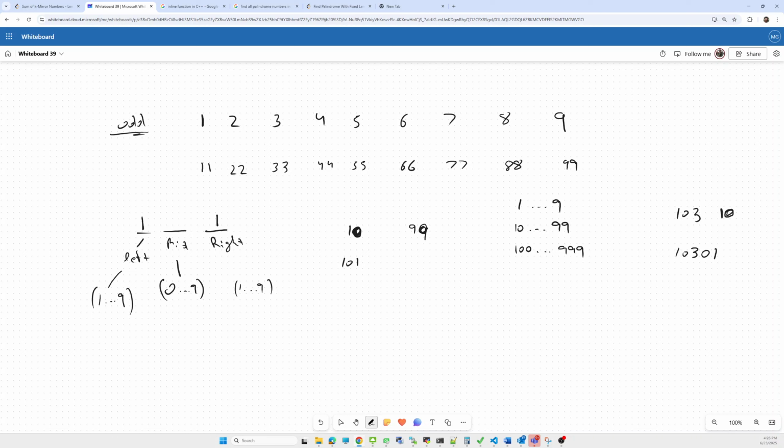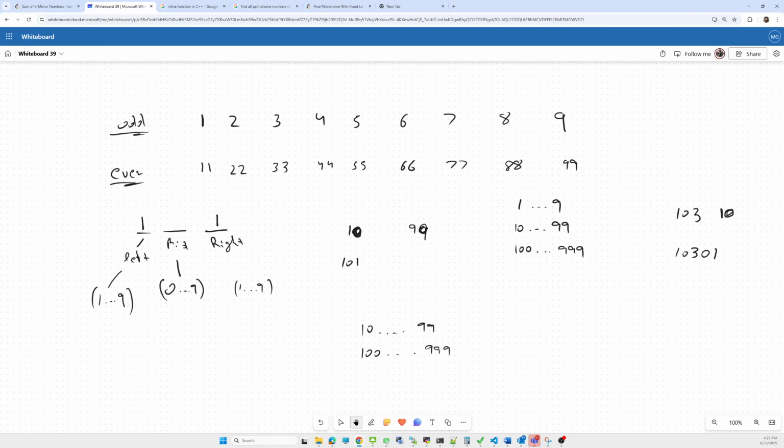Similarly for even size, this will be 11, 22, 33 and so on. We iterate over ranges: for the first range, odd ones are 1 to 9 and even is 11. The next range is 10 to 99, and after that the next range is 100 to 999. In this range we have to find all the palindrome numbers.